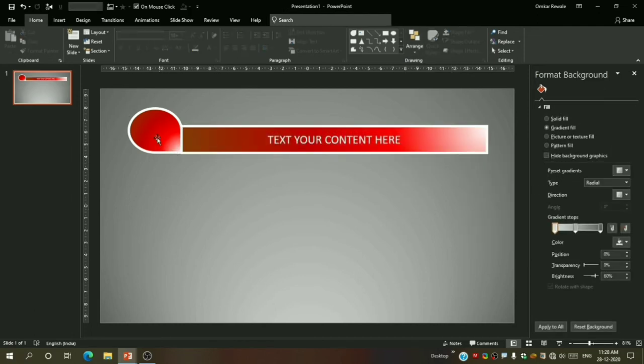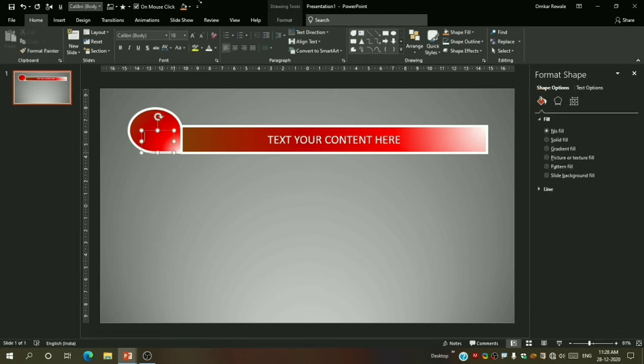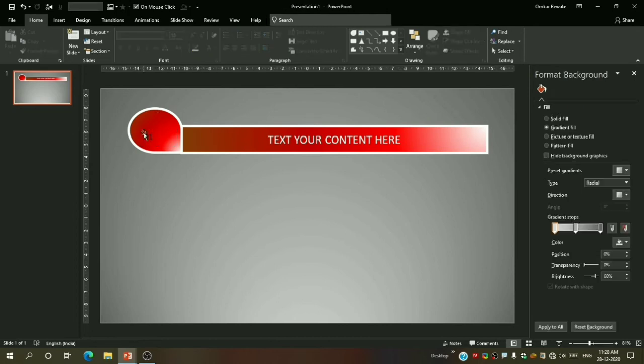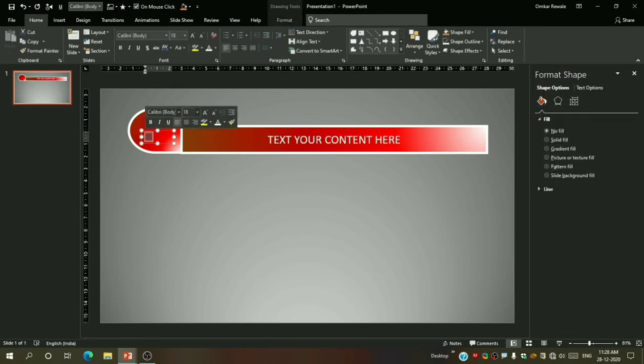Okay. Now same we will do for here. Let us insert the text tool. Let us give the number. Now again the same process. Select this, give the white color.